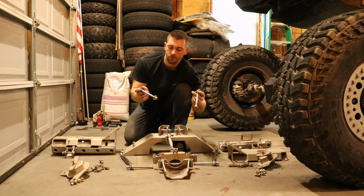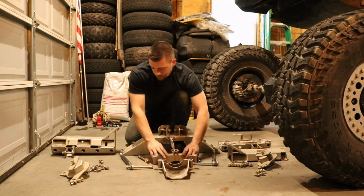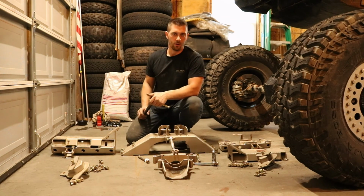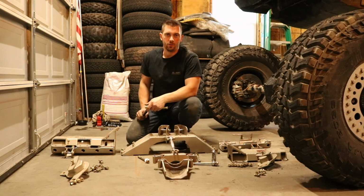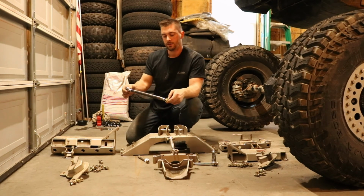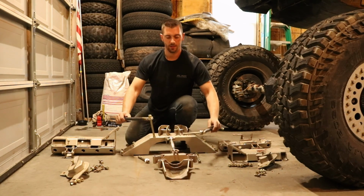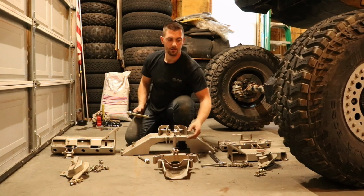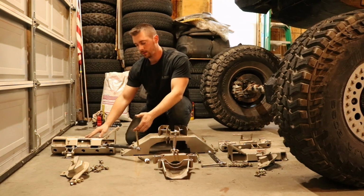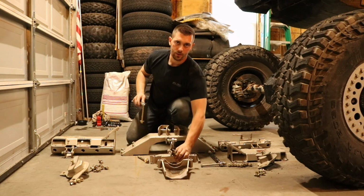So we have 4 grade 8 1/2-inch bolts that hold the pinion brace together here. And then another option on our site for people who do more hardcore wheeling, or say you have a high horsepower rig and you just want to be extra sure that nothing's going to move, we have these. I call it the triple link. So we have the 2 side links for the pinion brace, and then the top one, which is standard. But the triple links bolt in here to each side tube clamp, and then it also attaches in here. So we'll show you when it's all assembled, but basically